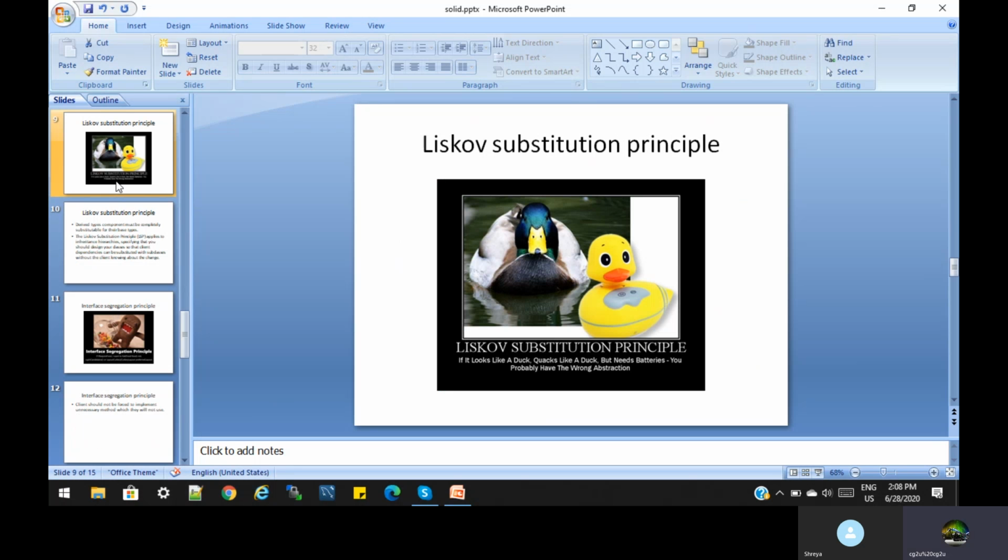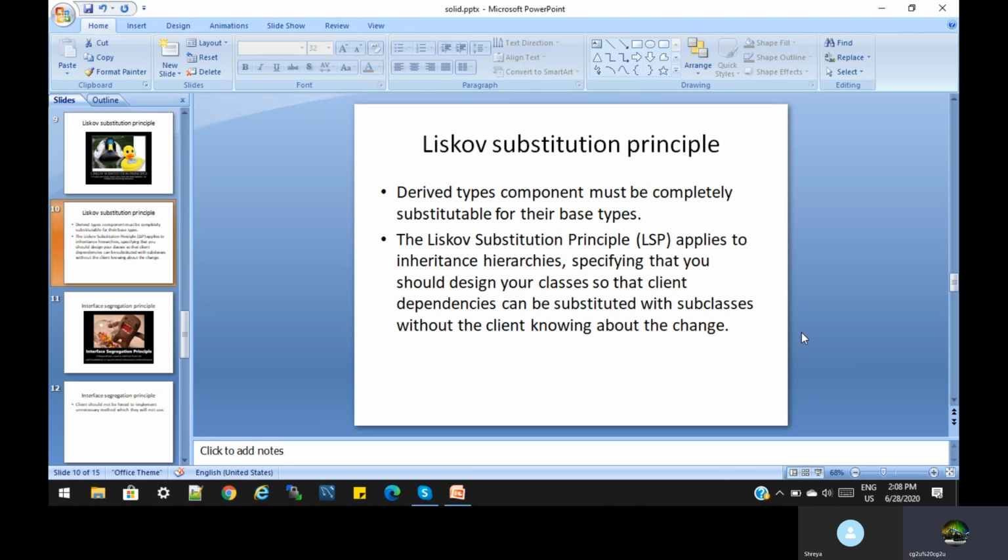Third is the Liskov substitution principle. What is the Liskov substitution principle? Derived type components must be completely substitutable for their base type components. Clear?